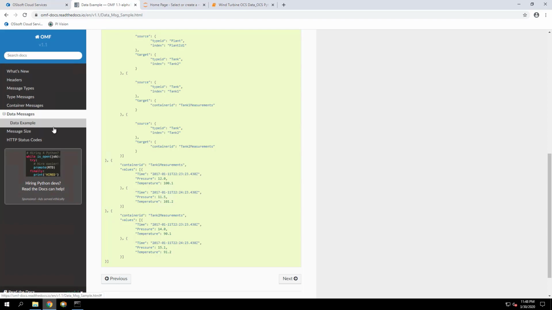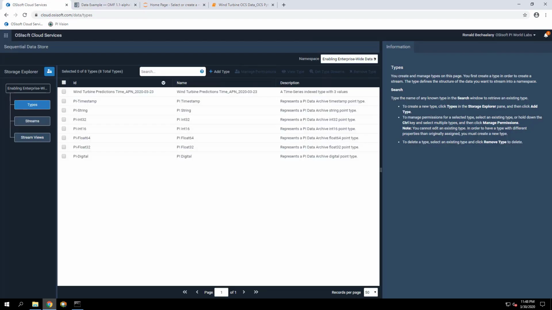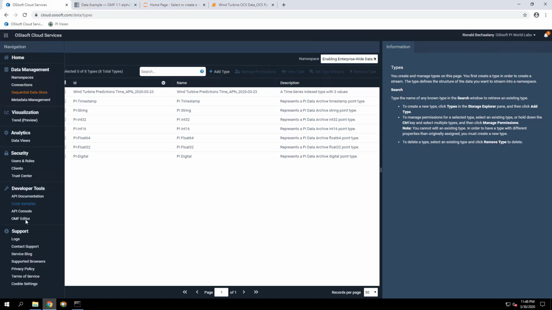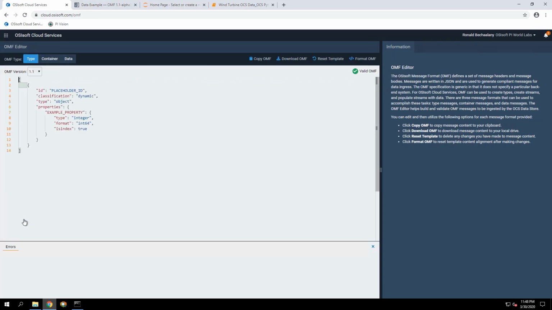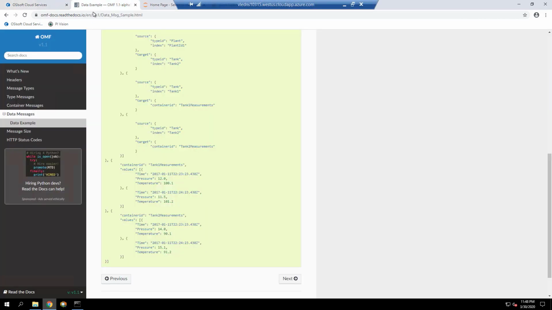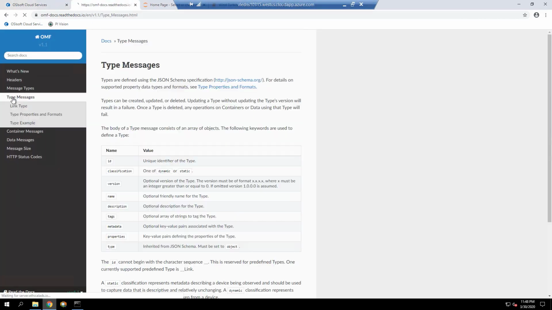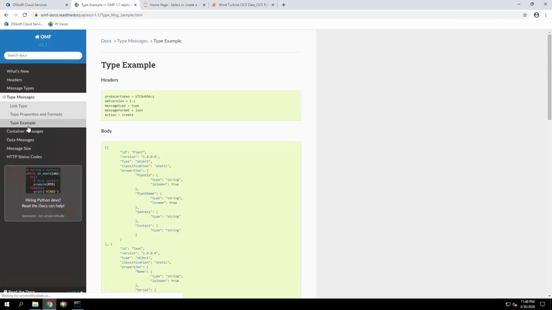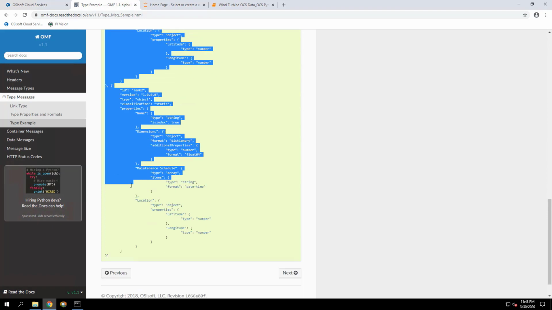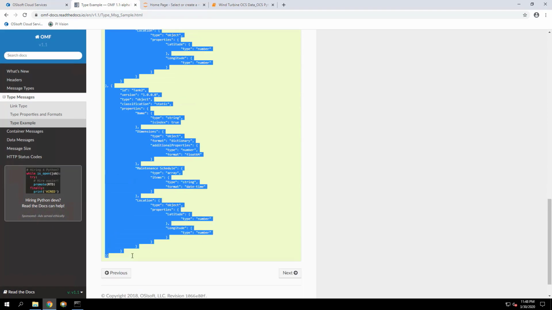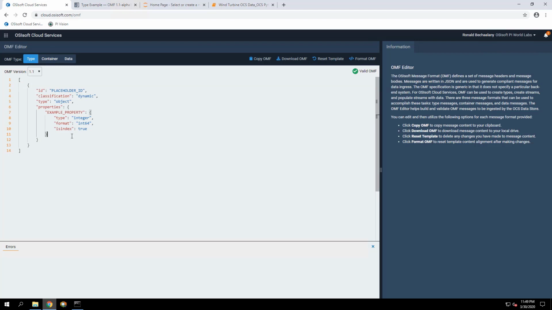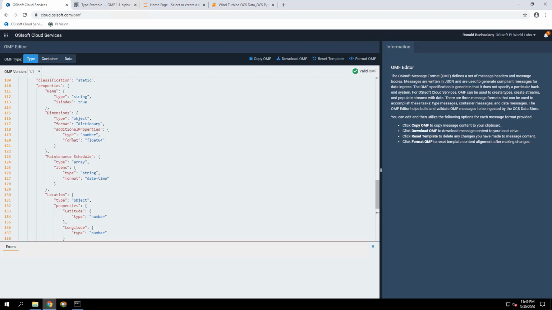In OCS, we have an OMF editor, so you can use that to check some sample messages. That's again type, container, or data. You can test your OMF before sending it. You can test the OMF script. In this case, if you go to one of the type messages, you can copy this and paste it over here, and this basically checks if the OMF is okay.